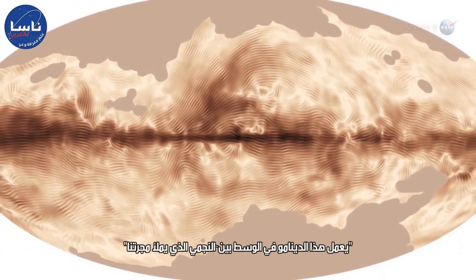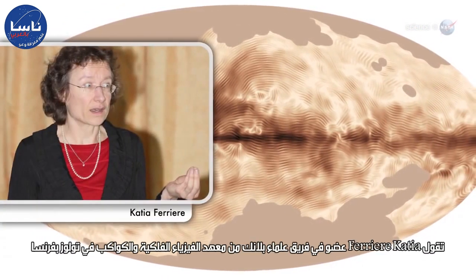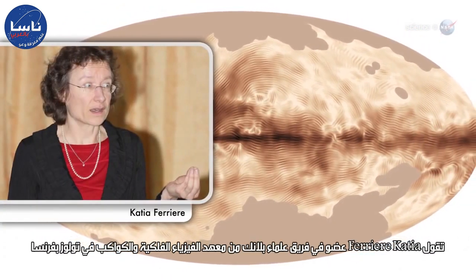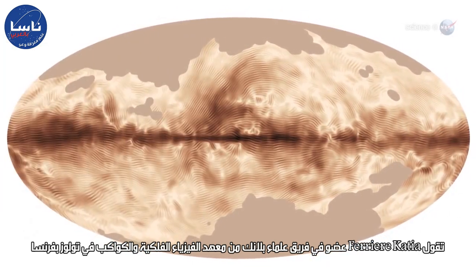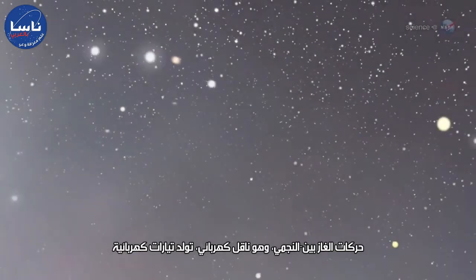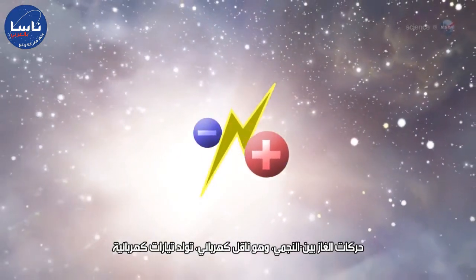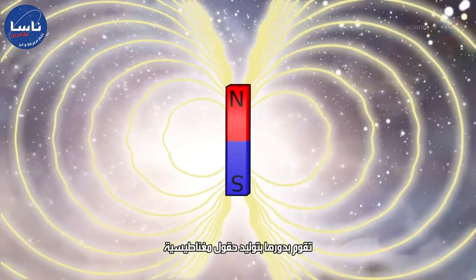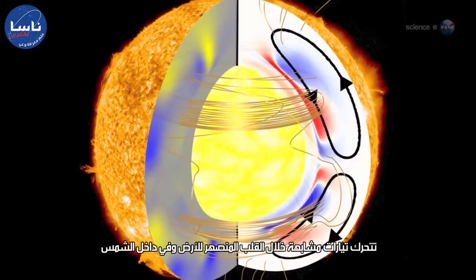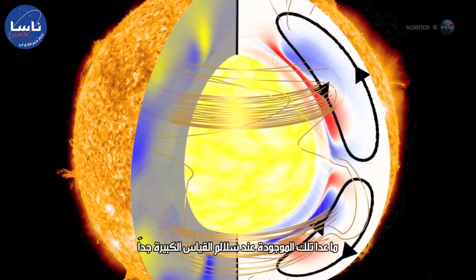"This dynamo operates in the interstellar medium that pervades our galaxy," says Katia Ferrière, a member of the Planck science team at the Institut de Recherche en Astrophysique et Planétologie in Toulouse, France. "The motions of the interstellar gas, which is an electric conductor, generate electric currents, which in turn generate magnetic fields." Similar currents move through the molten core of Earth and in the interior of the Sun, except this is on